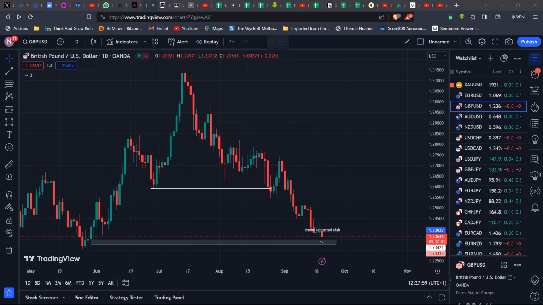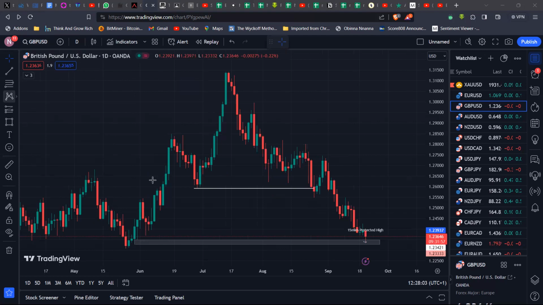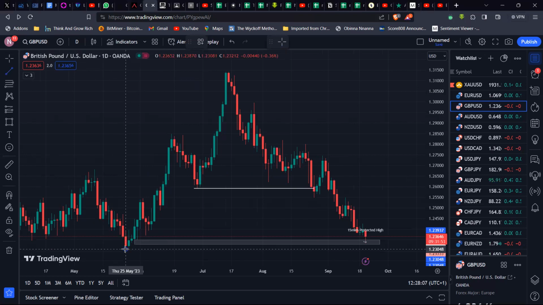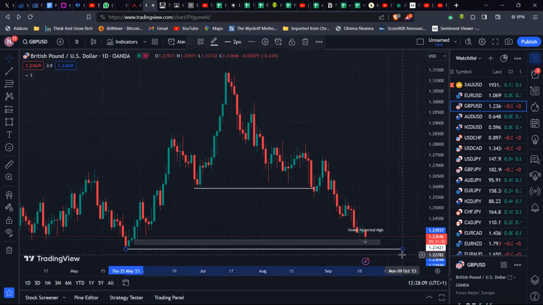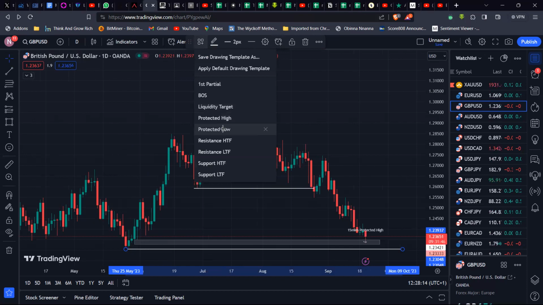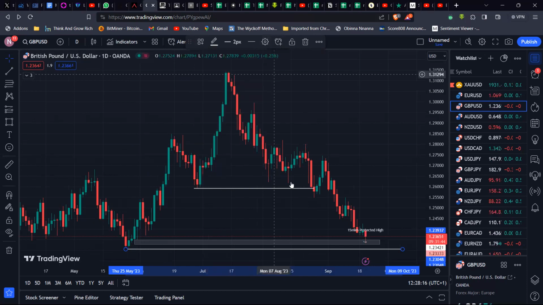Now, if we take it a step further, so now we've understood where we are, I could call this, let's just highlight this like so, I could call this protected low for the weekly time frame actually. So let me just